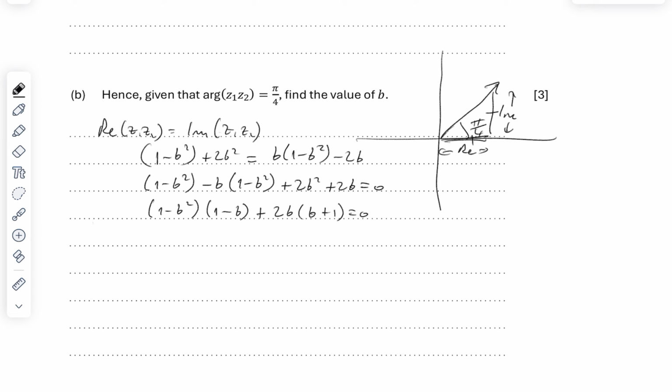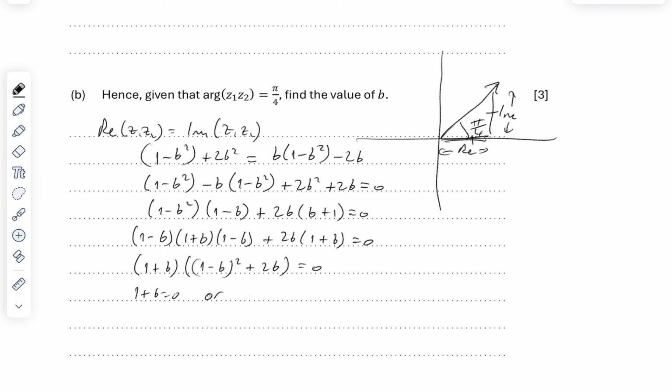That's only 1 subtract b. Yes, so now 1 subtract b squared is 1 subtract b, 1 plus b, 1 subtract b, plus 2b into 1 plus b equals 0. And now I've got a common factor of 1 plus b. So we get 1 plus b into 1 subtract b squared plus 2b equals 0. So 1 plus b equals 0, or